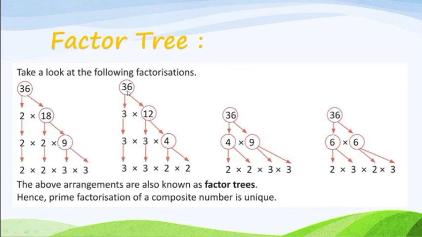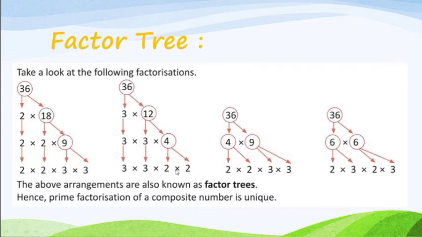Now let us look at another one. We have written 36 as 3 into 12. 3 is a prime number, so we will not circle it, but 12 is a composite number, so circle it. We have to decompose this number. So copy 3 as it is. Now you can write 12 by the table of 2 also, and by the table of 3 also. So we can write 12 as 3 into 4. 3 fours are 12. Now 3 is a prime number, but 4 is a composite number, so circle it. Copy 3.